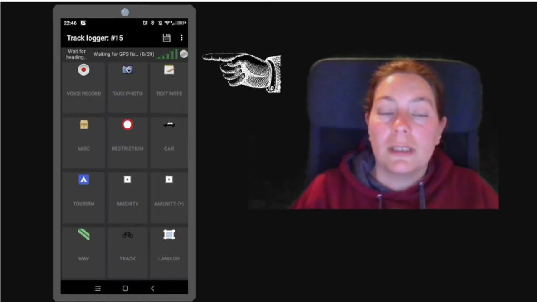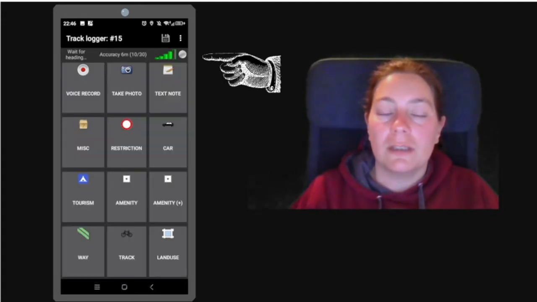And then you will see this screen, and for a few seconds it will look like that, and you can already see a couple of the buttons that are at your disposal to map or to track certain things. And you will not be able to press those buttons because the device will have to find the satellite connection first, and once it has done that, it will look like this. So you see the buttons are a bit brighter, or the text is at least, and you will have the screen signal. And I usually just use the text note function and take photo,